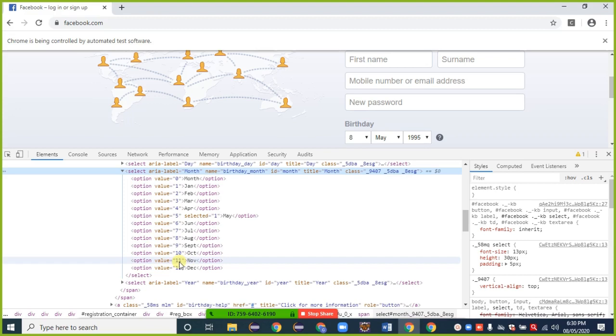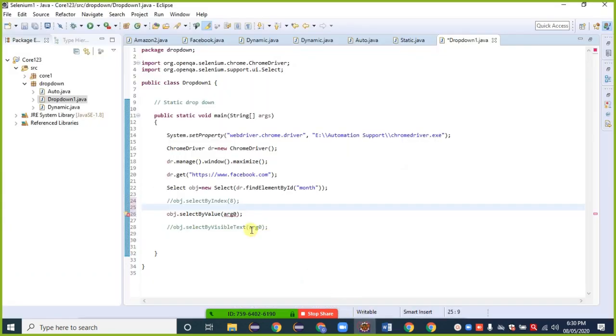My purpose is to select June, what is the value for that one? 6. I just need to provide that value. So here I am selecting December and the value for December is 12. Provide that value here, 12. Control S, run button.